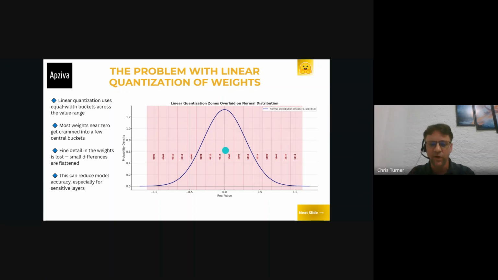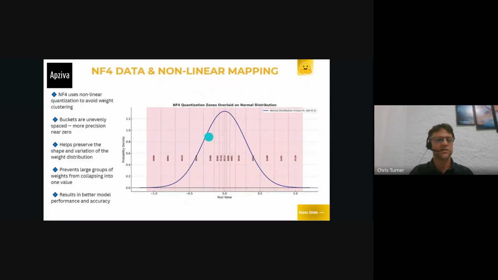And you would lose the resolution or the relationships between most of your weights, because most of the weights here are actually really close to 0.